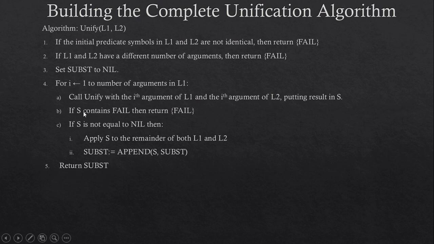The only part that is left to be used in this algorithm is the recursive call unify L1, L2, where L1 and L2 are the arguments, the argument pair. So when we make this call, we don't want it to go through the predicate symbol check, the number of argument check, etc. Those checks are already done for the entire literals, entire predicates. Also, they are not applicable to argument pairs.